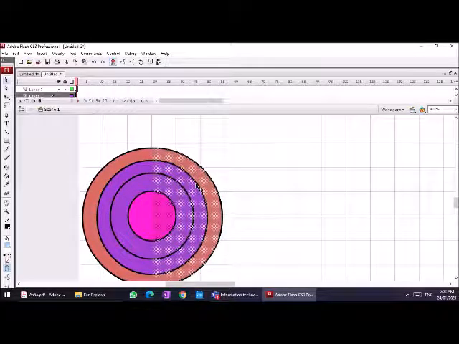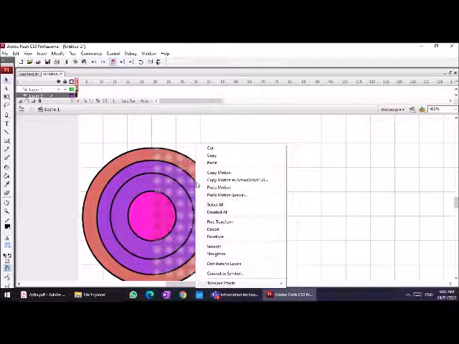You can also select it half and delete it, or you can select it half and distribute it to another layer.